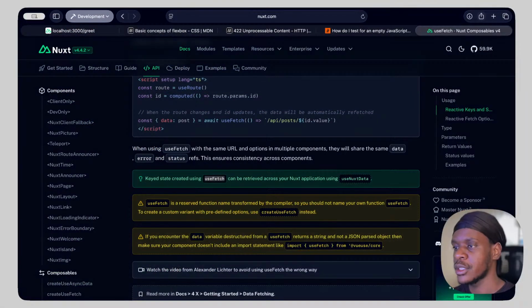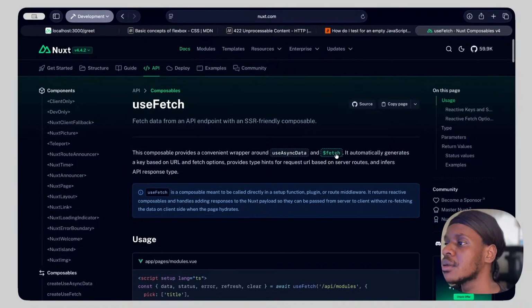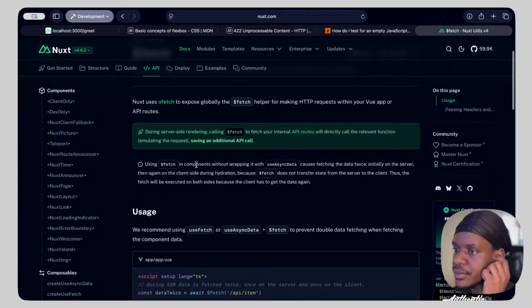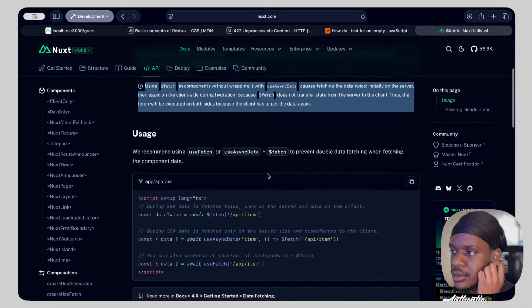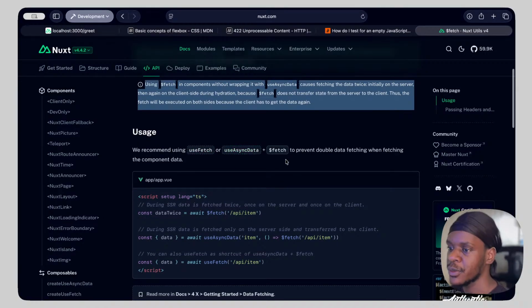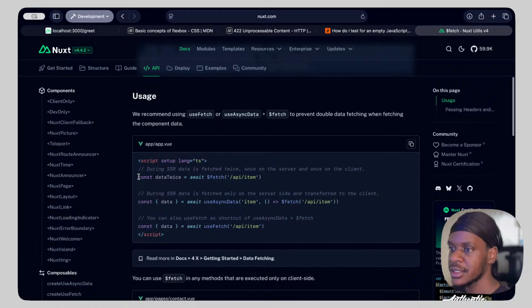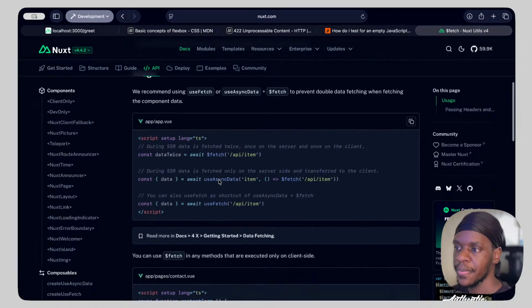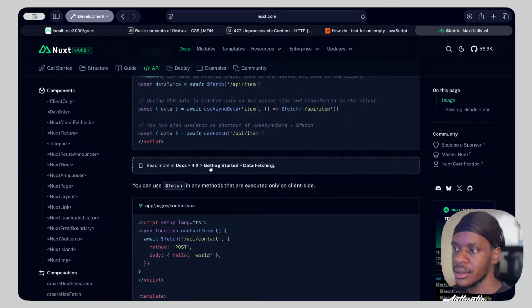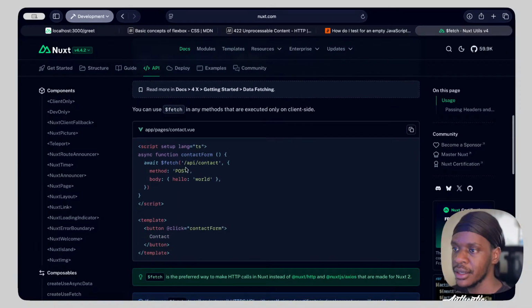So let us go to documentation for fetch and see what we could be missing. So using fetch in components without wrapping it in useAsyncData causes the thing to be fetched initially on the server. But this is if you're doing GET, if I'm not wrong, to prevent double fetching. So if this thing is server-side rendered and you use fetch, of course it will do that. But what we want to do is submit some data. So contact form,